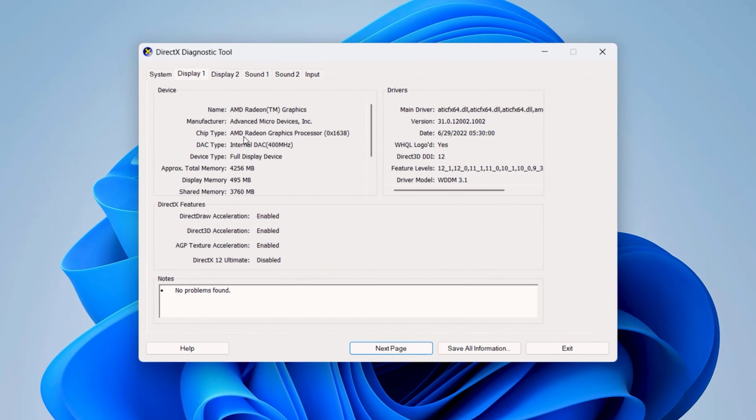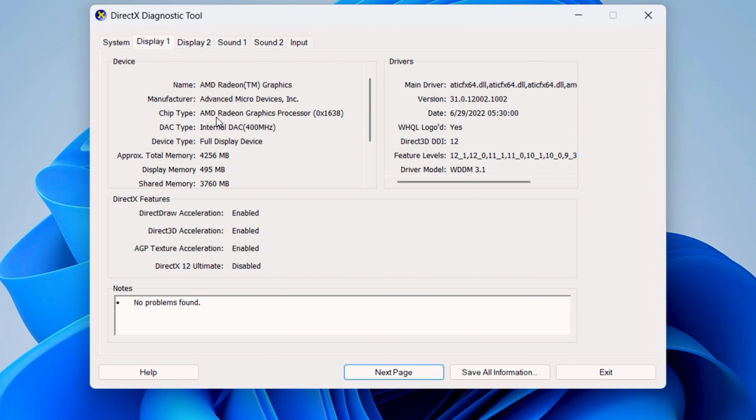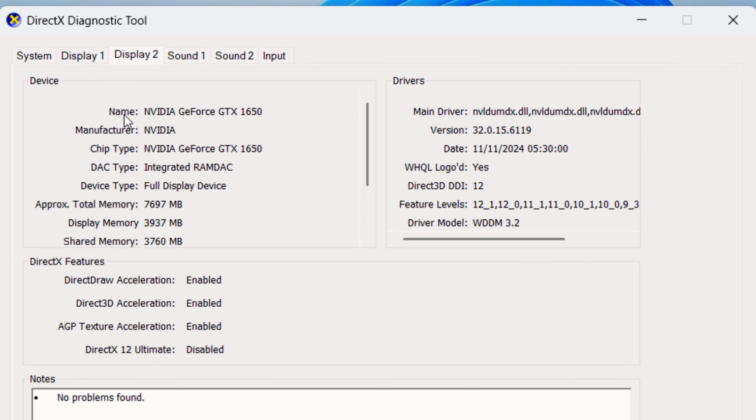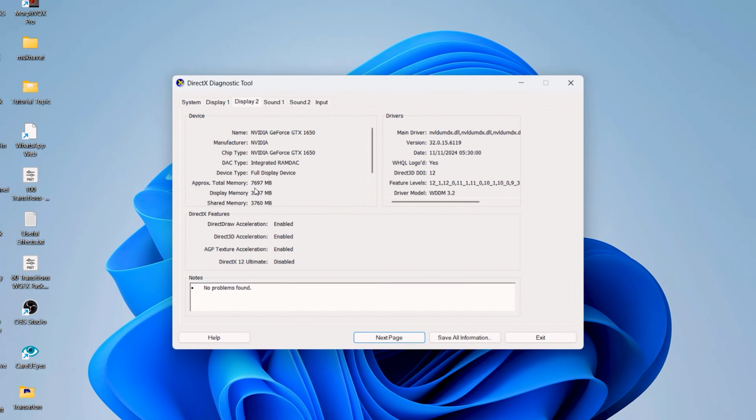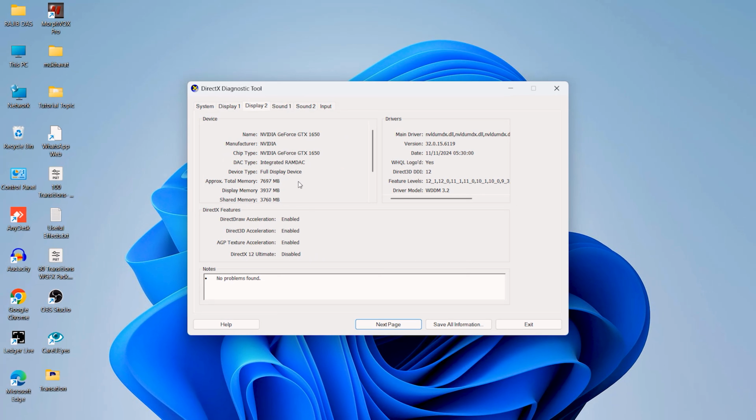Display 1 is basically the system's inbuilt graphics, like here you can see the inbuilt graphics. Display 2 shows if additional graphics is installed. In my case, NVIDIA is installed, and the total memory is approximately 8 GB, 7697 MB. So that's how you can get all the system configuration information.